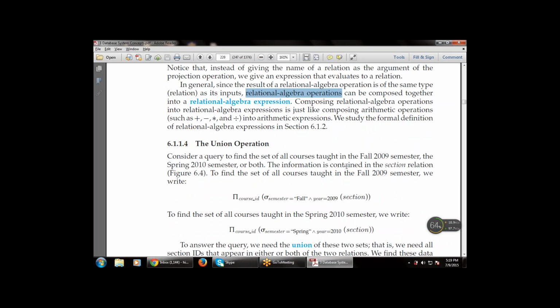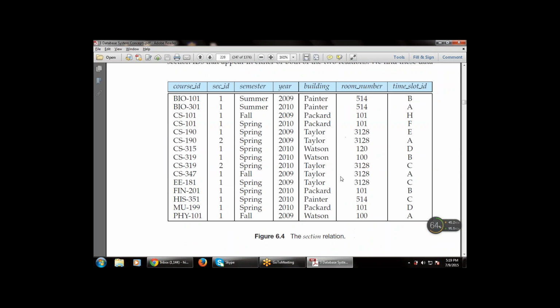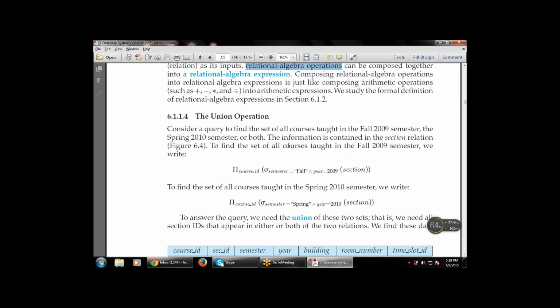So if I want to find the courses that are available in the fall 2009 semester as well as the spring 2010 semester, that is, either the fall 2009, or the spring, or both, a combination of both. The information is contained in the section relation. To find the set of all courses that are taught in the fall 2009 semester,